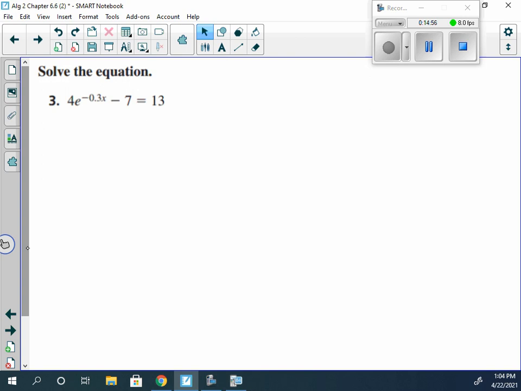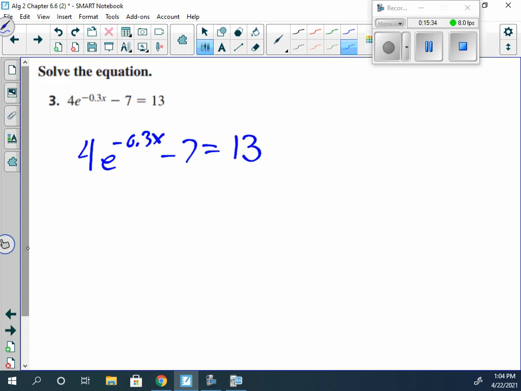Because technically e is a number. It's an irrational number, a non-repeating, non-terminating decimal. But if we're wanting to solve this, we really need to get e to the negative 0.3x by itself before we can apply what kind of log to it? It'd be log base what? Or would we even use logs? We'd use natural log, because the natural log's base is e. So if we apply the natural log to e, it will become 1, and we just have whatever is left over in the exponent. So looking at this here,